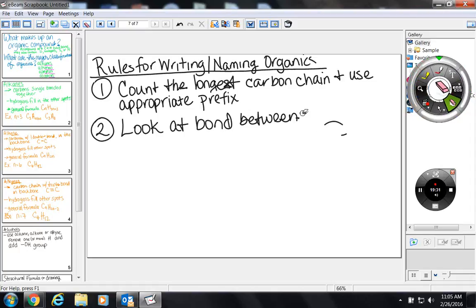So the first thing I'm going to do is look at hopefully the structural formula and count the carbons. If there's carbons going all different directions, I want the longest carbon chain, and I'm going to use a prefix, just like I did in covalent. I'm going to count the number of carbons. So if I have 3 going down, but I have 5 going across, I'm going to use the 5. Okay? I'm going to look at the bond between the carbons